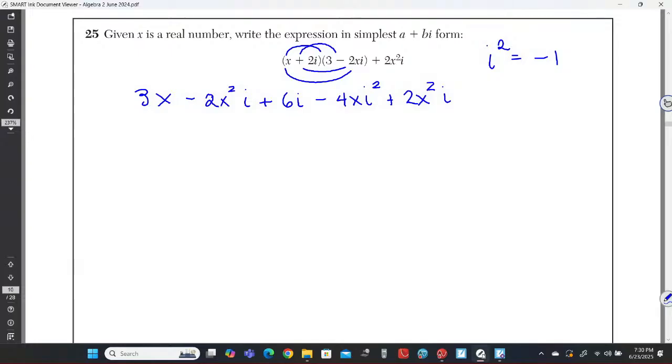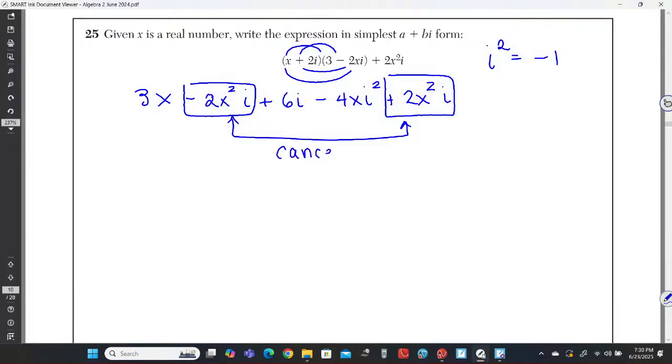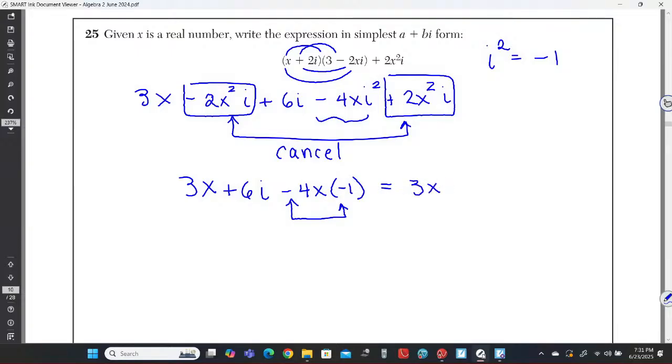Now, one thing that I noticed right away is that I have a -2x squared i and a +2x squared i. So these two things are just going to cancel, right? And that's going to leave me with 3x plus 6i. And now how do I deal with this? Well, that i squared, we always want to replace with a negative 1. All right? And that means I'm going to have a negative here and a negative here. And those will then turn that positive, and I'll get 3x plus 6i plus 4x. And now I can combine the 3x and the 4x, and that'll give me 7x